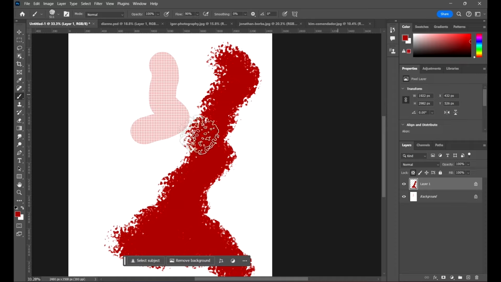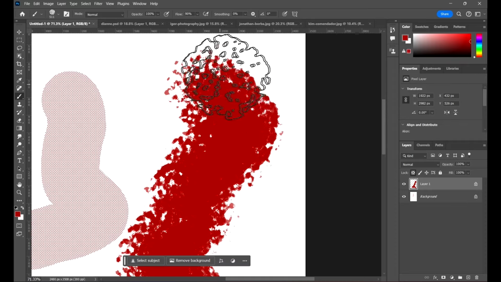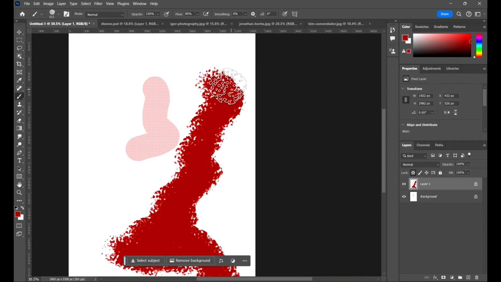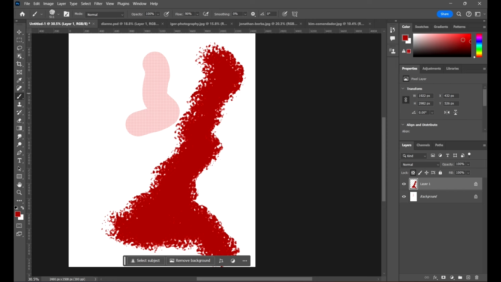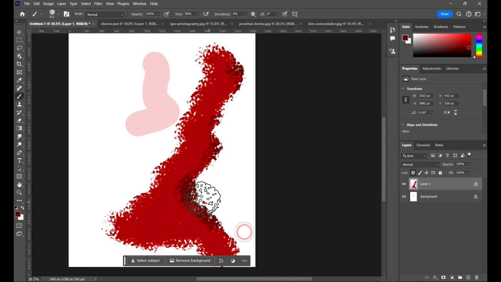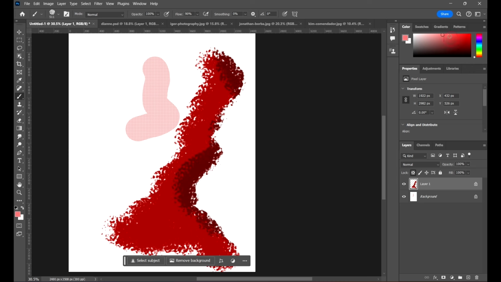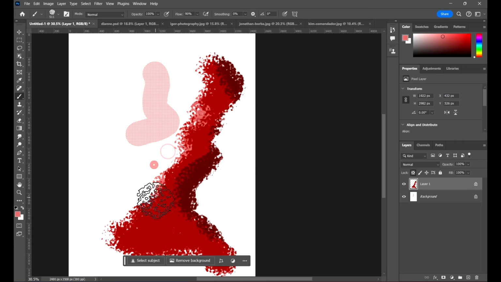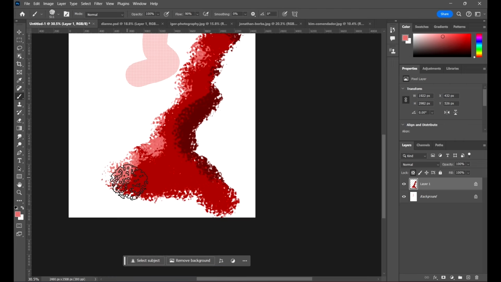Now what I want to do is add some highlights and shadows to my paint strokes. Okay, just the strokes I just created. So all I would now do is just select my darker red and then just come and paint here. Now you can see that I'm adding shadows, and that's because I've been able to lock my transparent pixels. So you can see how handy this feature is. You can select bright colors and then add some highlights. So this really comes in very handy in digital painting